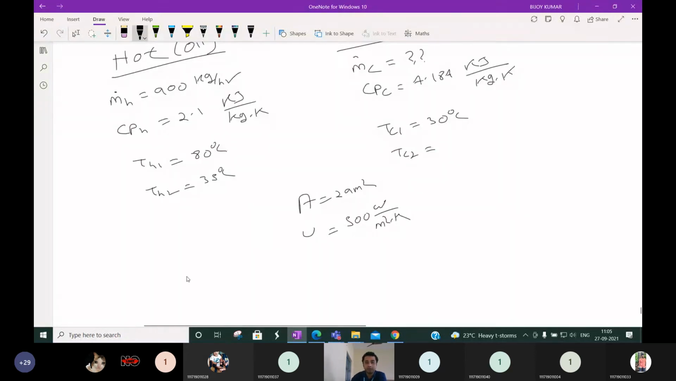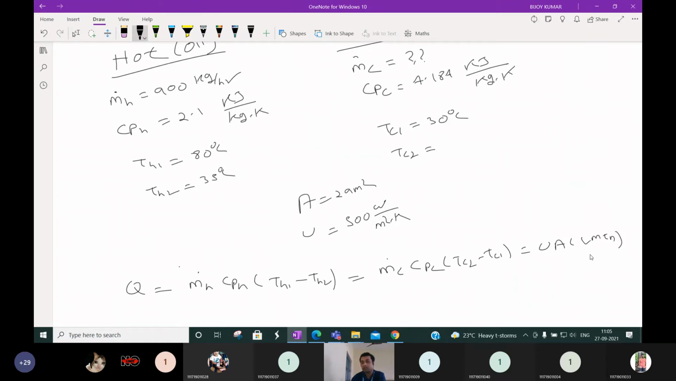When this type of system is there, we know the formula is a simple or most common formula. I told you, by using this formula only, you can solve any problem related to double pipe heat exchanger. That is, Q is equal to m dot h Cph (Th1 minus Th2) is equal to m dot c Cpc (Tc2 minus Tc1) is equal to UA